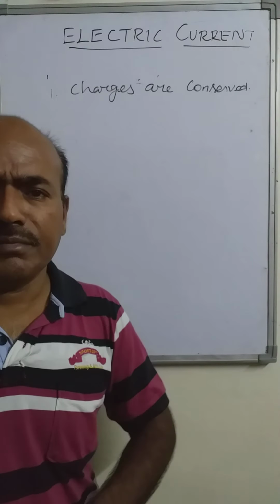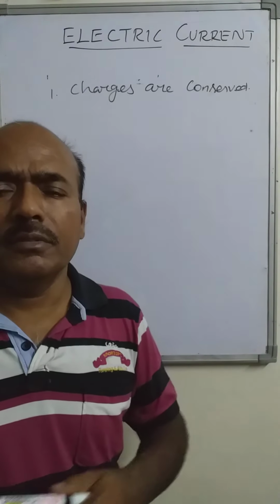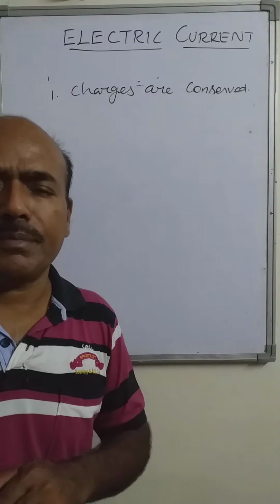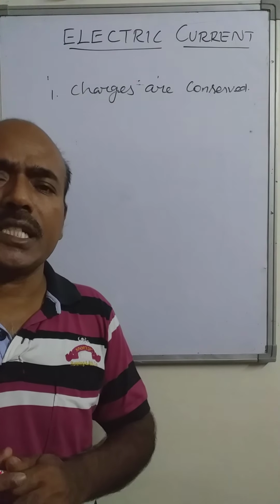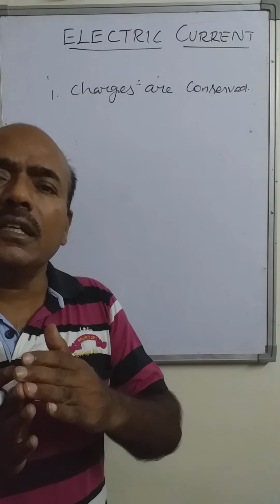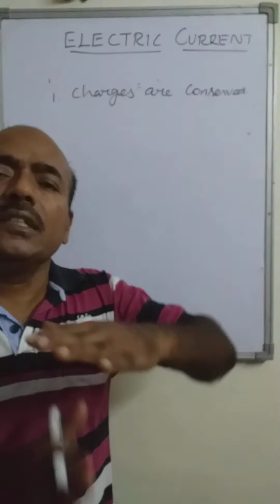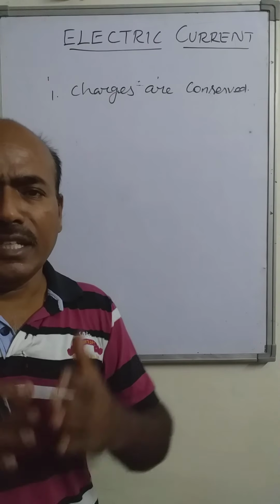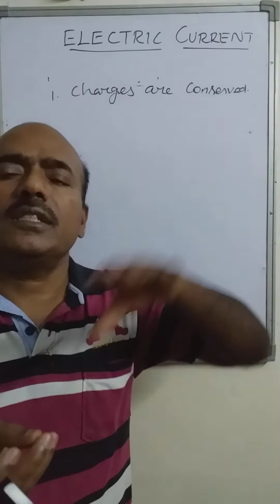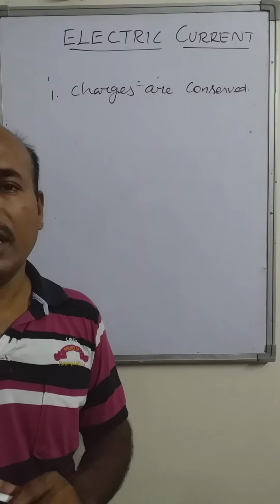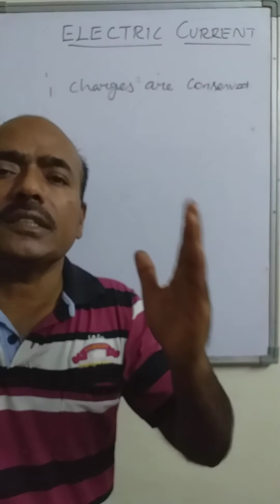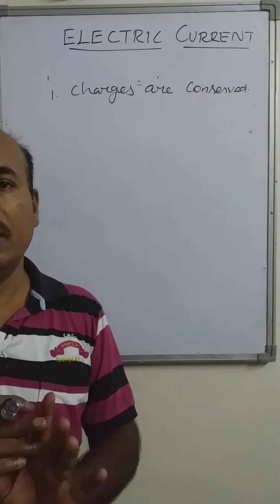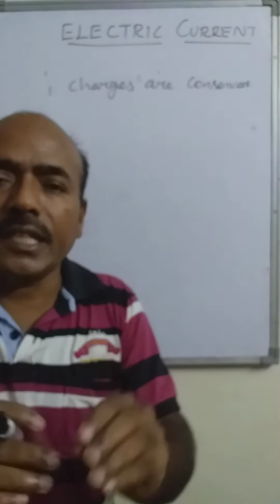In any reaction, you have studied about the chemical reactions in chemistry first chapter. In all the chemical reactions, the reaction takes place due to the transfer of electron between one element to another. In that case also the charge is transferred. In all the chemical reactions, the total charge remains constant. Means it is never lost. Means the charge cannot be created or